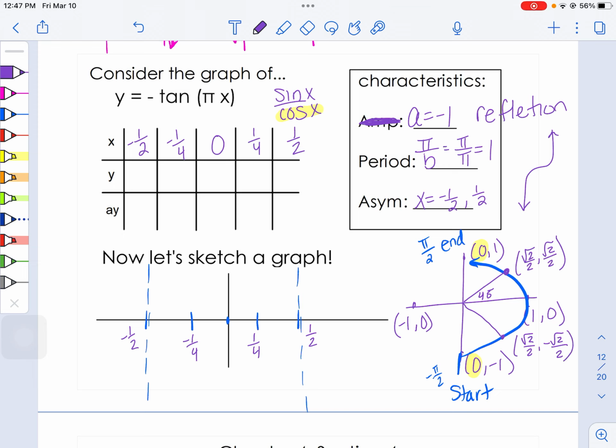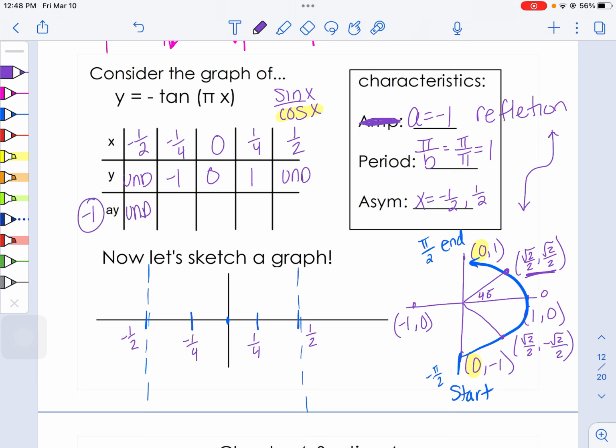And so at negative 1/2, it's going to be undefined. At 1/4, it's going to be negative 1. Back to 0 degrees, right here, you're going to have sine over cosine, which is going to be 0 over 1, so 0. And then up at 45 degrees, you're going to take your y value divided by your x value, you're going to get 1. And then up at the top, you're going to get 1 divided by 0, which is undefined. And so I have my asymptotes drawn at my undefined spot,